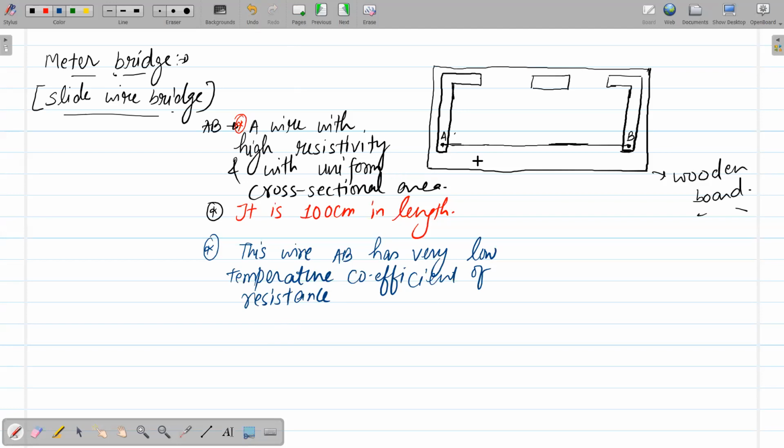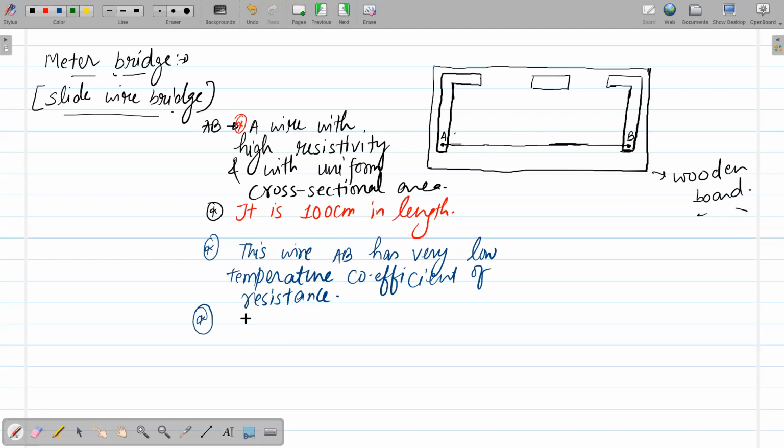If somebody asks you about the two characteristics of the wire used in the meter bridge, then you must mention these two things: one, it has very high resistivity, and the second, its alpha is very low, right? What is the use of taking this low value of alpha? The benefit is that in that case resistance shows almost no change with the change in temperature. We don't want any change in the resistance of this wire. That's why the value of alpha is quite low.